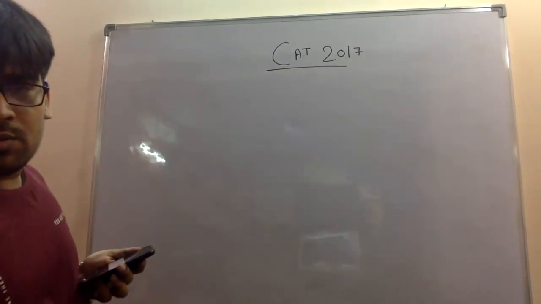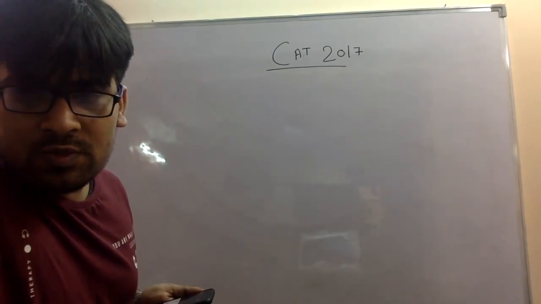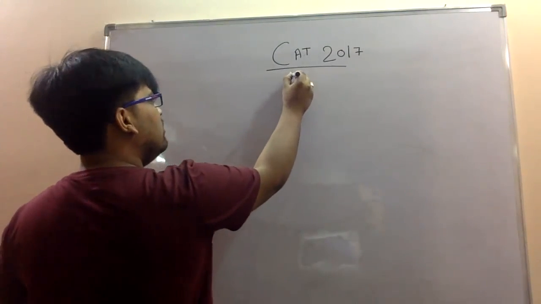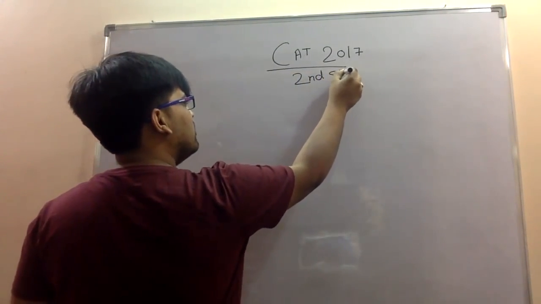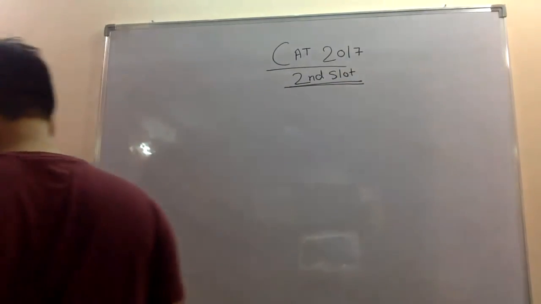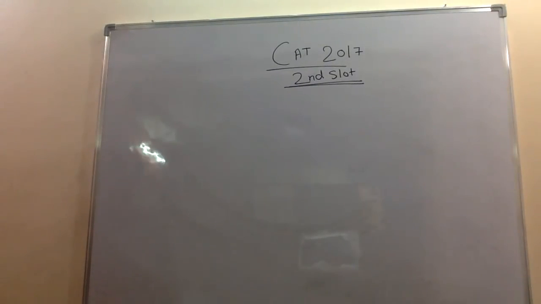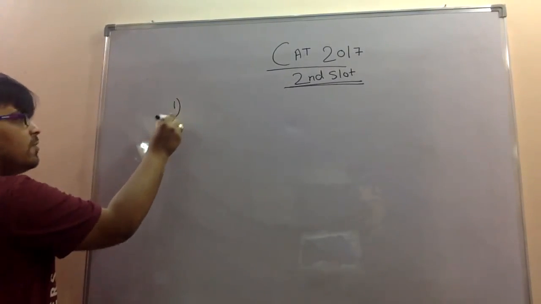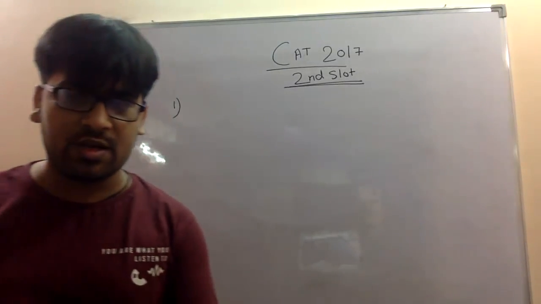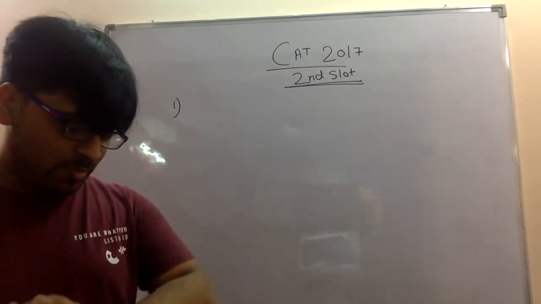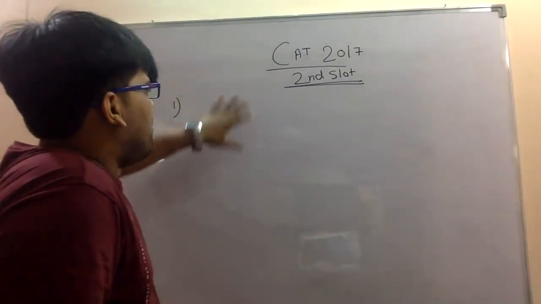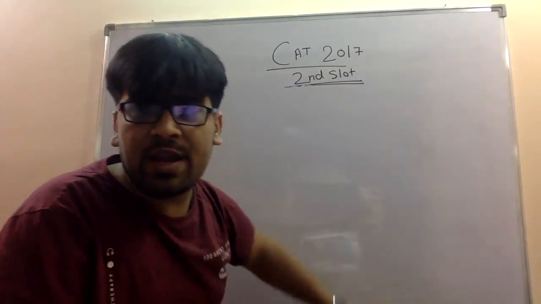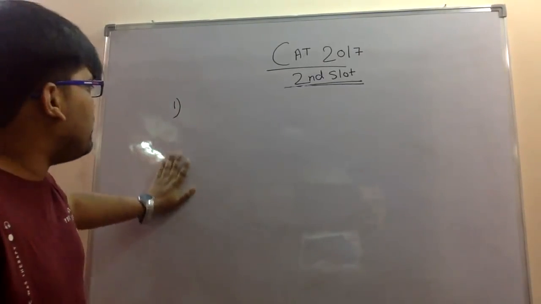ठीक है, सेकंड स्लॉट. कैट 2017 सेकंड स्लॉट ही कर देंगे, मैंने कराया भी हुआ है काफी चीजें इसके। फर्स्ट क्वेश्चन इज कैट 2017 सेकंड स्लॉट से स्टार्ट कर रहे हैं, ठीक है। फर्स्ट भी कवर करेंगे, अब आज तो थोड़ा टाइम ज्यादा हो रहा है, मेरी और भी क्लास है, बाद में करेंगे। सेकंड स्लॉट के देखते हैं जितने 2 3 4 5 क्वेश्चन अभी कवर करते हैं। बाकी जितना अभी तक हुआ उतना क्लियर है, दैट इज क्लियर टू एवरीवन।